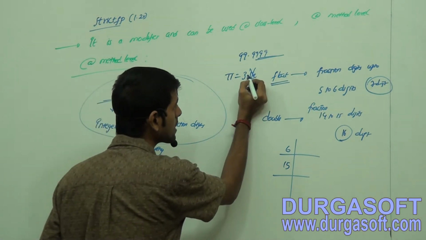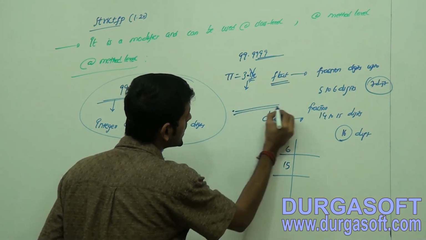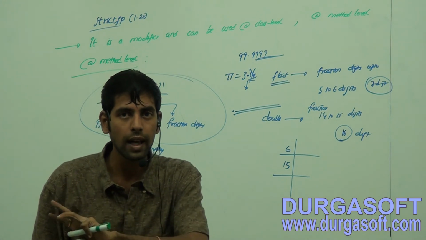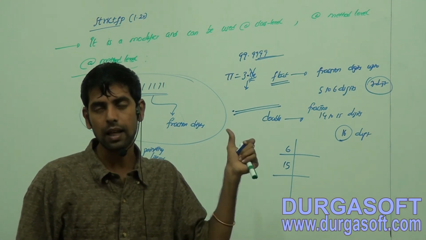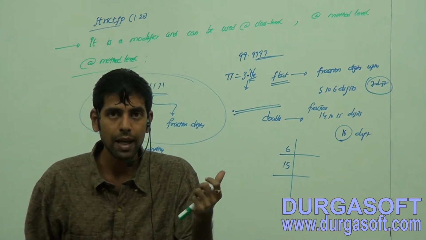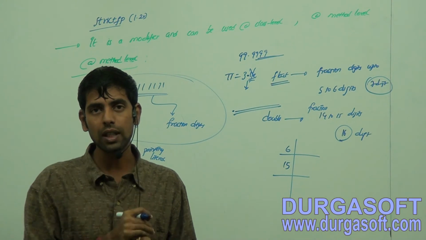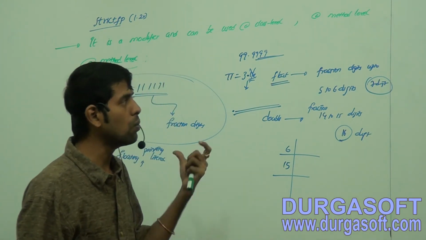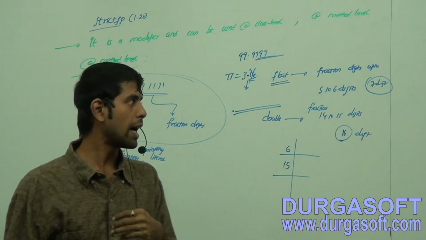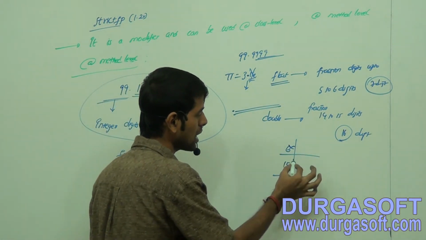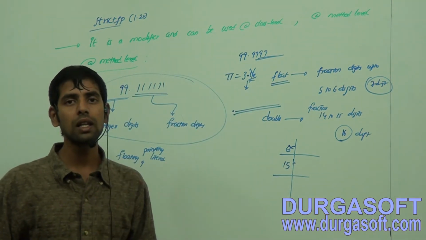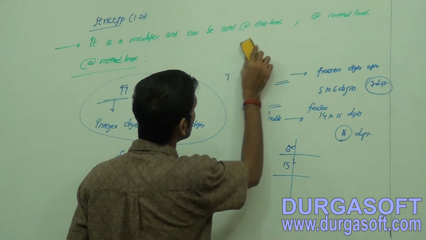If you extend this fraction up to a million digits, still we do not have the exact value of pi. That's why some mathematicians are still trying to find the value of pi after the decimal digits. If you want the output up to some fraction digits, I don't want all of these digits, whatever the data type is, float or double. I just want the output